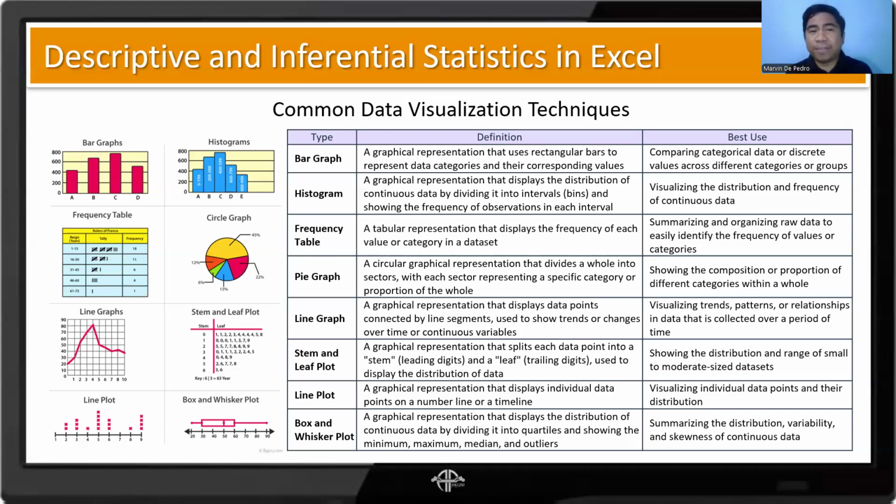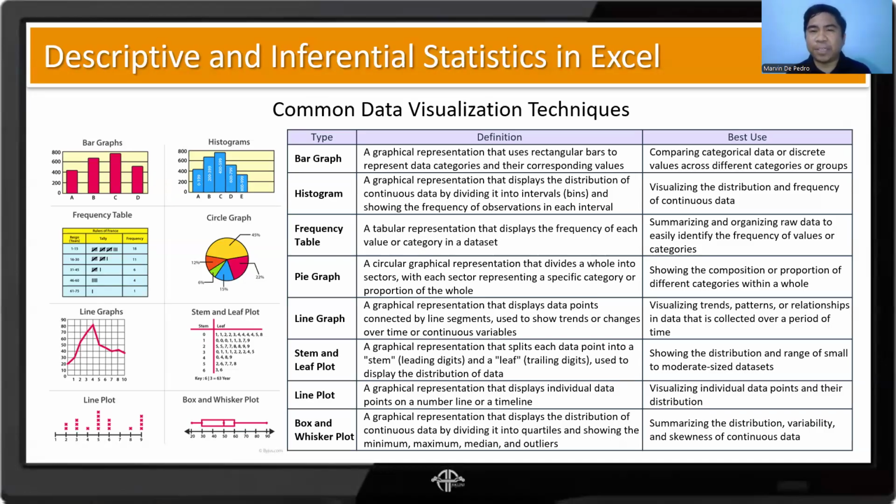Next, we have the histogram, which is best used when visualizing the distribution and frequency of continuous data. And then the frequency table, to summarize and organize raw data to easily identify the frequency of values or categories, like how many chose red, how many chose green, and so on. We also have the line graph,